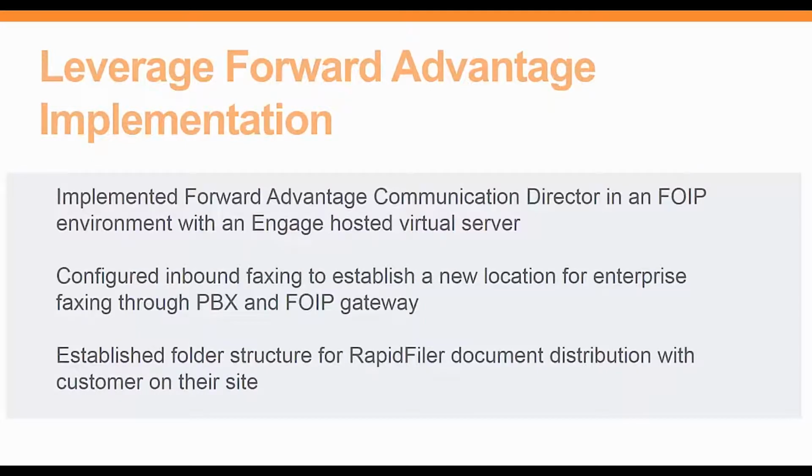So as I said before, their Forward Advantage system actually leveraged voice over IP. Engage hosts it, and they actually have a gateway at their office that allows us to use FOIP to handle all the faxes that come in through the gateway that we purchased from Forward Advantage as part of their enterprise suite. We configured the inbound faxing so that we had a new location for all the faxes that came in, and basically did